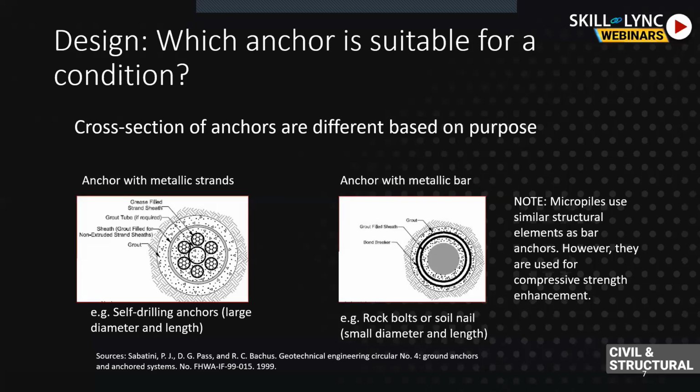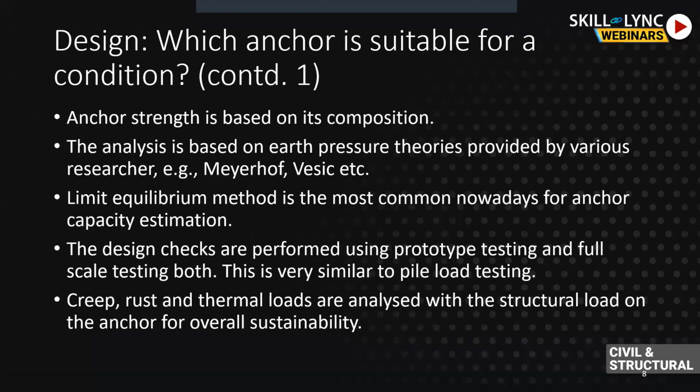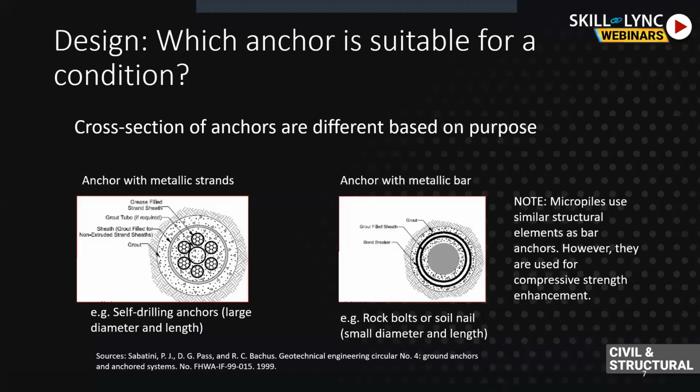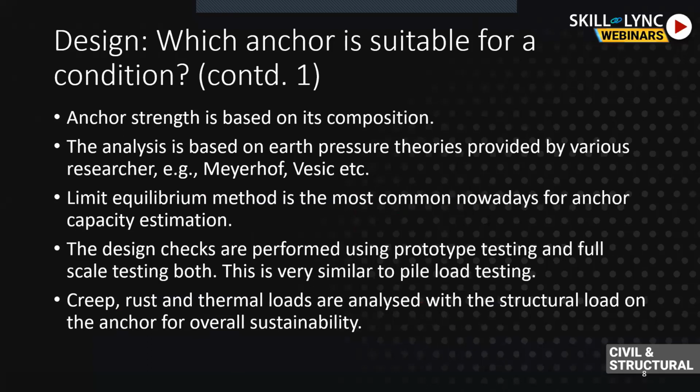So this is a basic design of an anchor, and now we'll move to the design which we are concerned with, because the earlier slide generally tells you about how the anchors are manufactured, the factory conditions, how they are made, and what you want to order for your condition. Let's say you have a rock or soil, or you want a large diameter, so this is what you want to purchase. Then comes the basic civil engineer's concern: how these anchors are designed on paper or software.